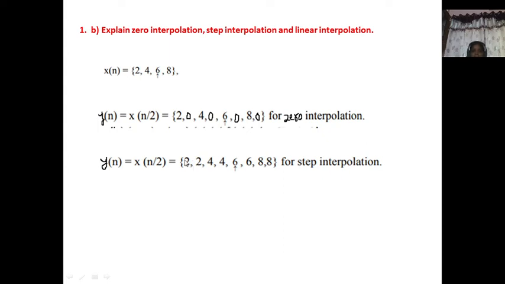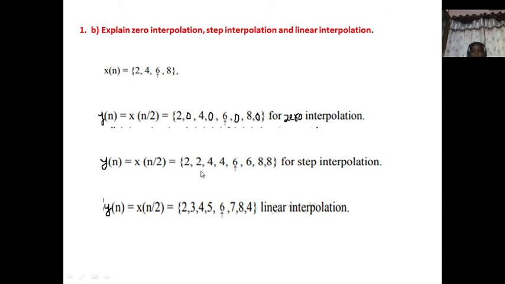Here at amplitude 2, you have one step, and the amplitude is raised from this instant to 4 and maintained at amplitude 4, and it is carried up to this instant. At this instant it rises to 6 and continues, and at this instant it rises to 8 and continues. So instead of interpolating with 0, you interpolate with the previous sample data at the interpolation location. This is the meaning of step interpolation.